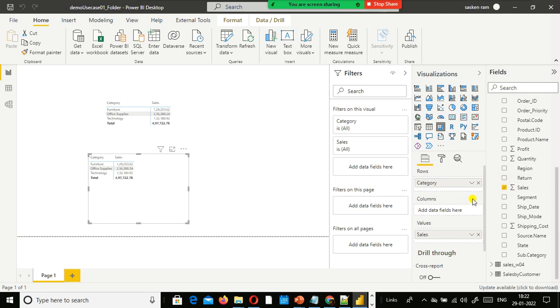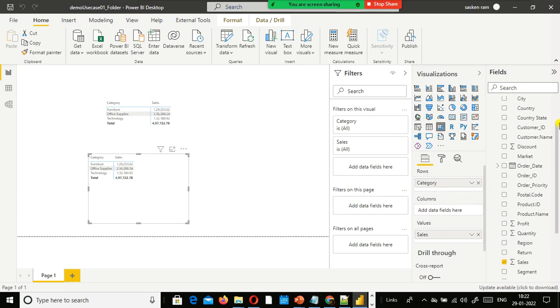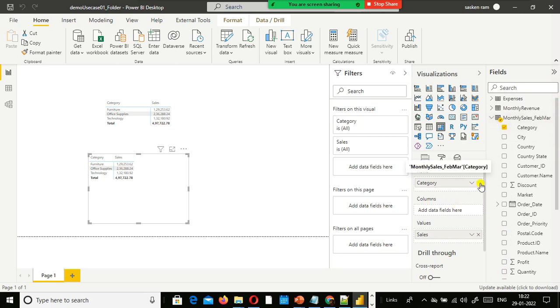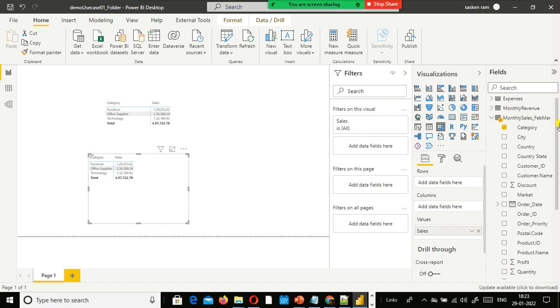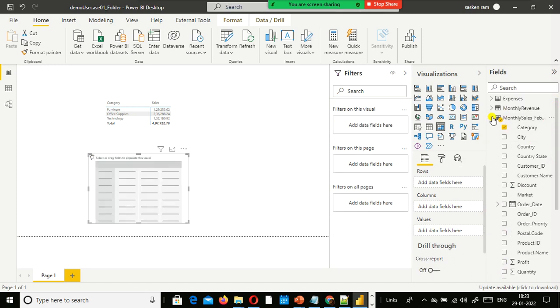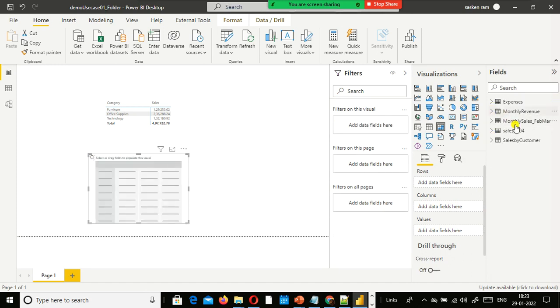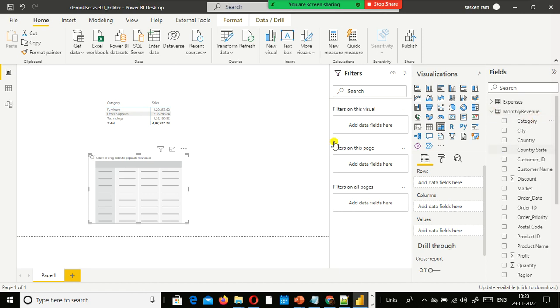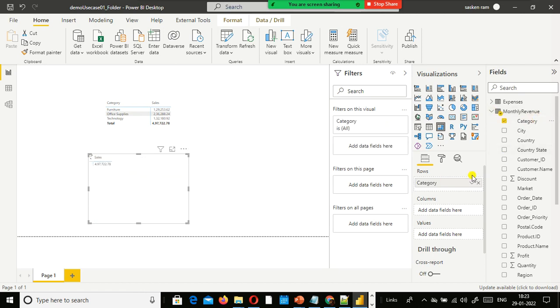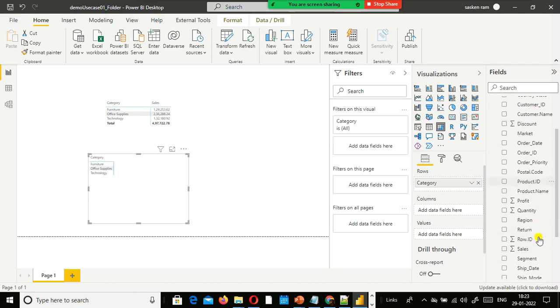I just select category and sales. Where did category and sales come from? Monthly sales, February, March. No, not this one, right? This one was supposed to be from Monthly revenue. Category and sales.